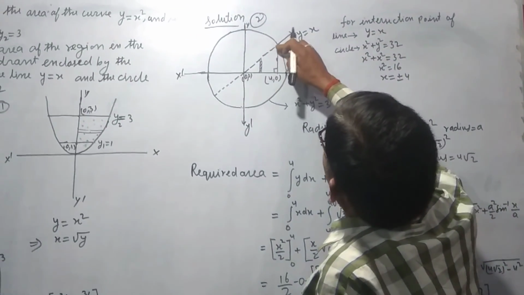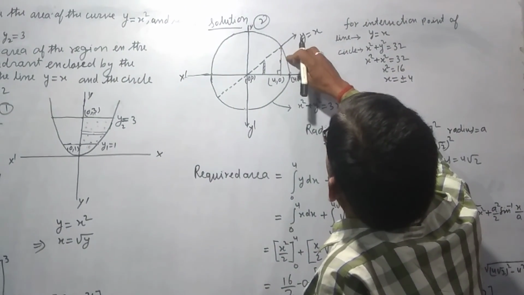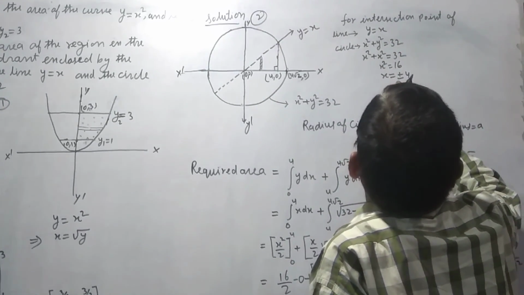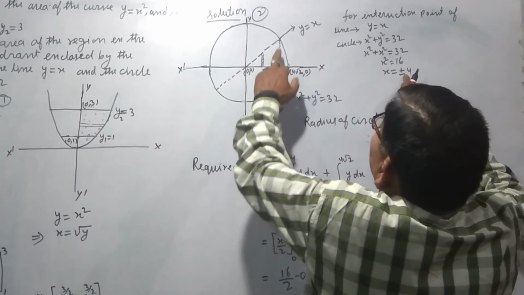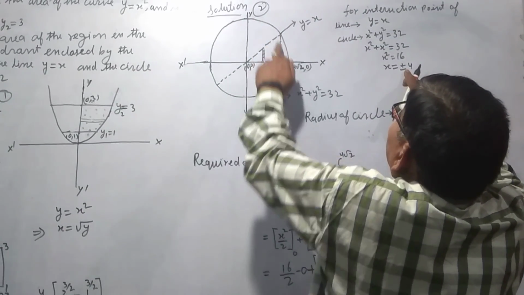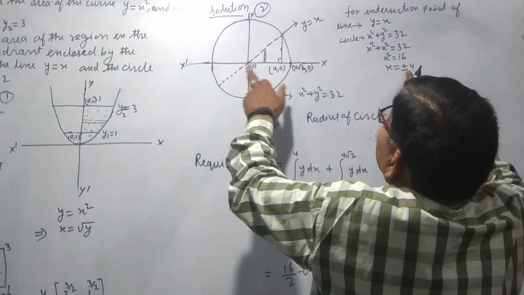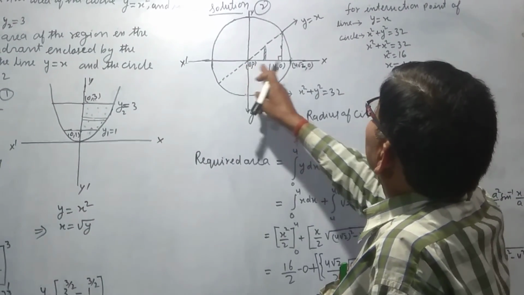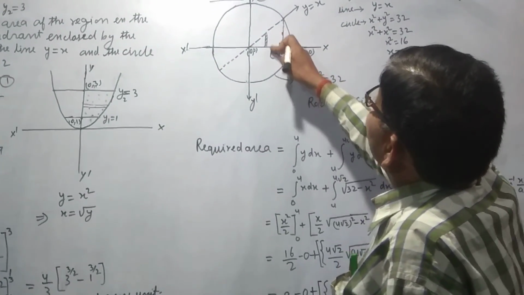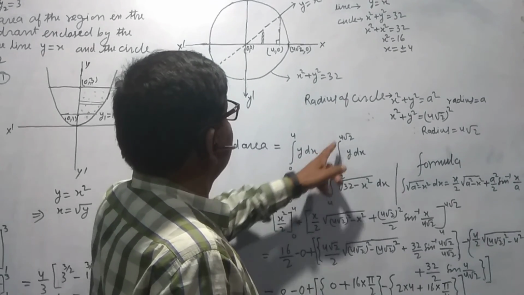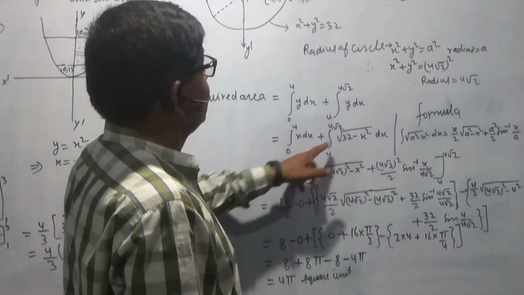When we solve y equal to x with the equation of the circle, we get the intersection points plus minus 4, so x is equal to 4, it means this is 4. Now the required area is from 0 to 4. We take the strip perpendicular, from 0 to 4 y dx, and putting the value of y as x and putting